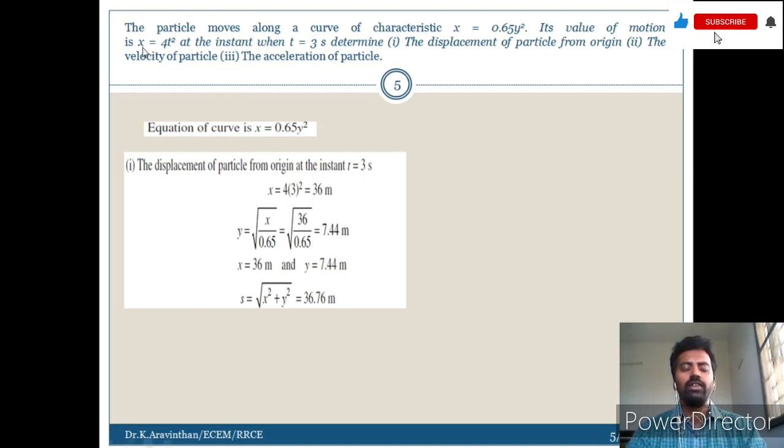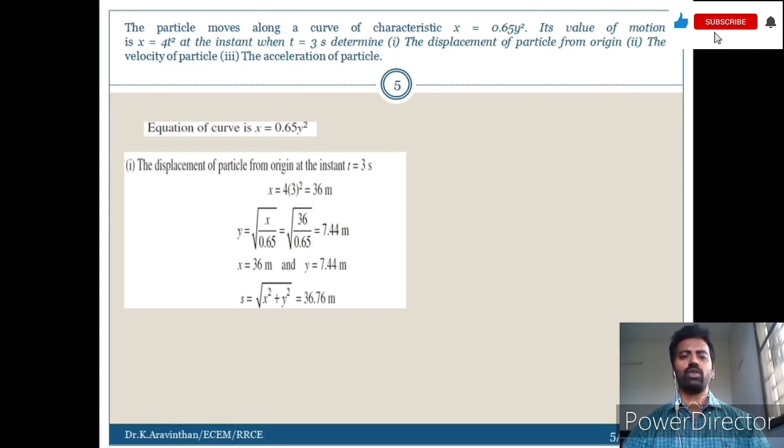So here, how to differentiate the two equations: if an object is moving with a particular motion, it will have a component of time. So the motion of an object will always have its equation along with a time component. So 4t square, and at a given instant when time t equal to 3 seconds, determine first the displacement, that is s, and the velocity and acceleration of the particle at 3 seconds. So this is your condition.